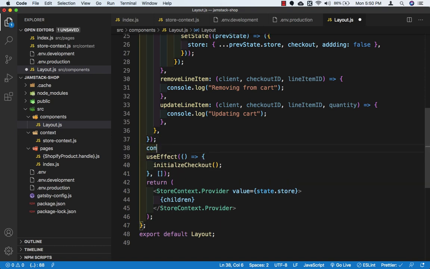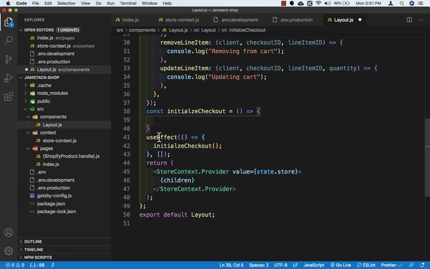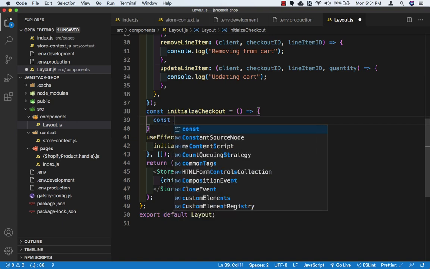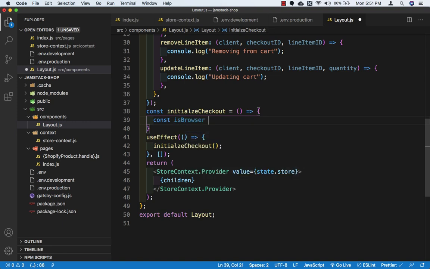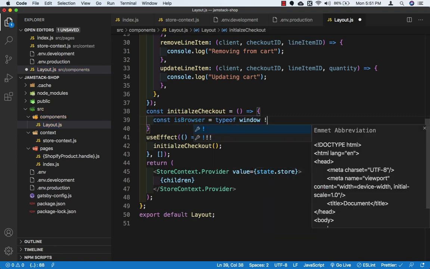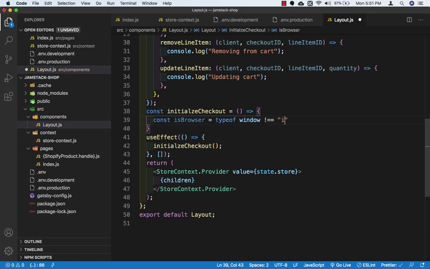So here we need to write const initializeCheckout, that is going to be an arrow function. And inside here, first thing we need to check is if we are running the app in the browser or if it is just a static site generator, because Gatsby otherwise will have some error. So here we need to write const isBrowser equals typeof window is not equal to undefined. Okay,